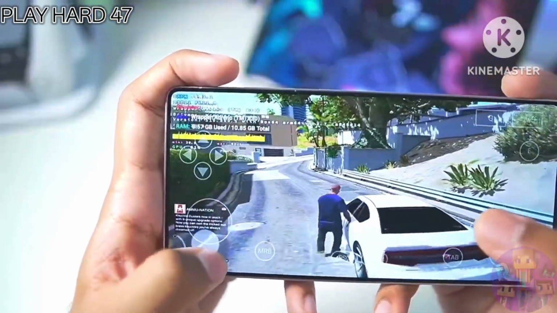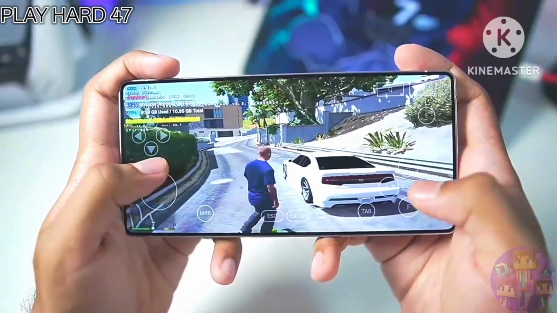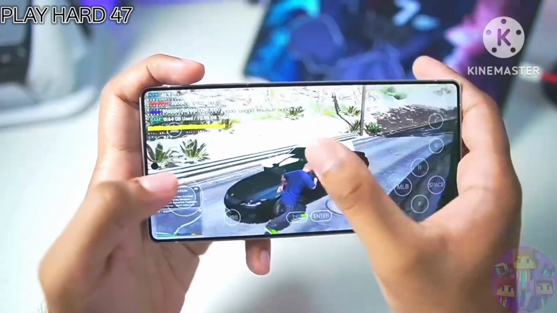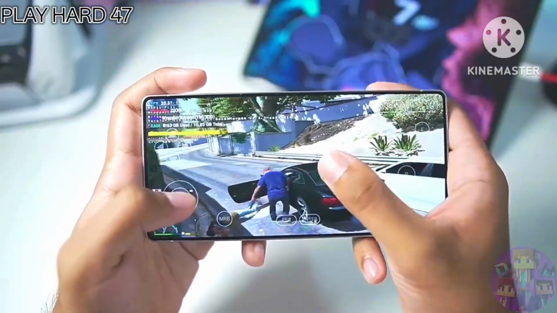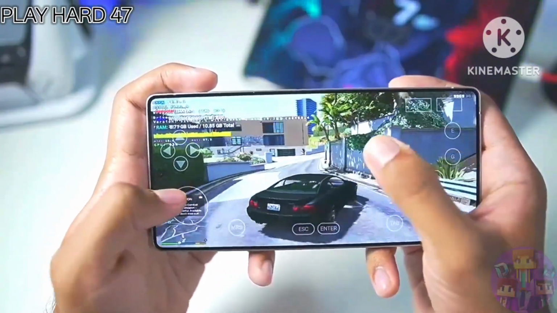Though regardless, you guys can see for yourself, a 15 GB real GTA 5 Lite version running on a mobile device in very little size, and that is actually pretty amazing. I never thought this day would come where we'll be able to run real GTA 5 in such small size, and that too on our Android devices.